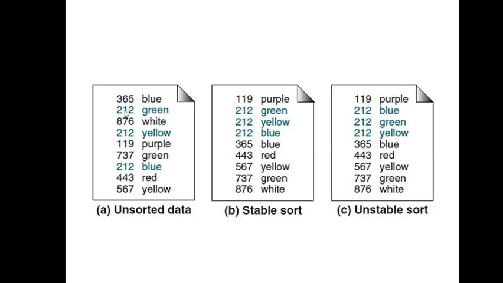So first it appears here, again it appears, and thirdly it also comes here. So when we do the sorting of this number, if you blindly do the sorting based on the numbers alone, there is no guarantee of which one of the instances of 212 will come first and which one will come second and third. There is no assurance, or no particular order we can expect. That is a situation of unstable sort.